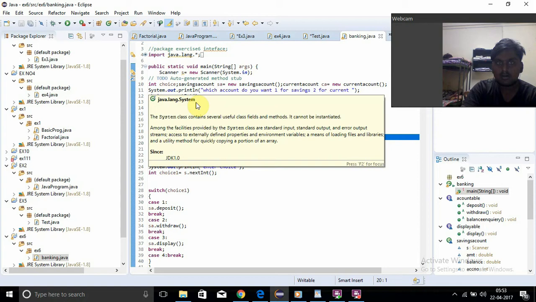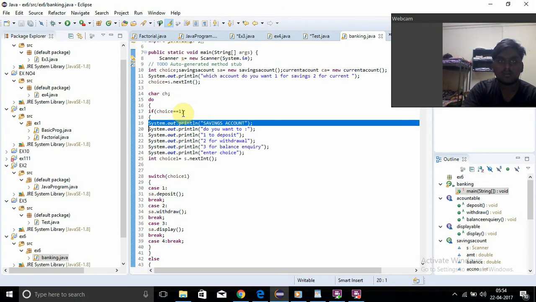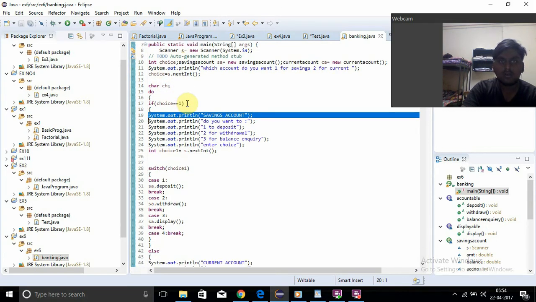System.out.println, which account do you want? One for saving, then two for current. Choice equal to s.nextInt. Then we are using the character ch. Then we are using the do while, do. If choice equal to one, then System.out.println the savings account